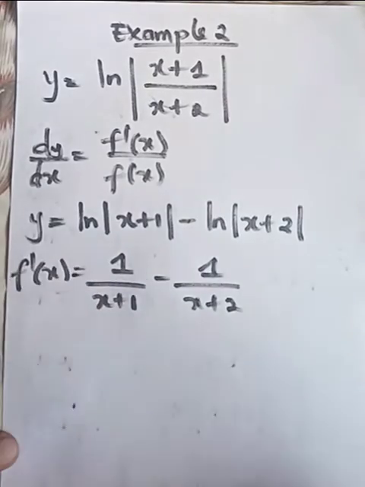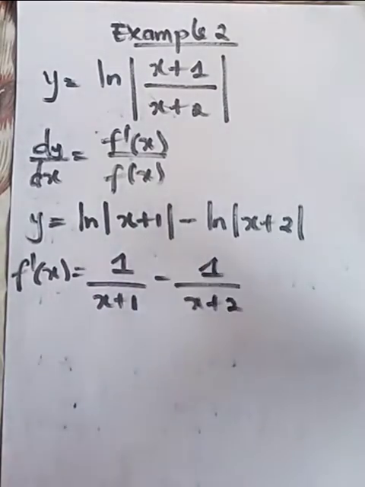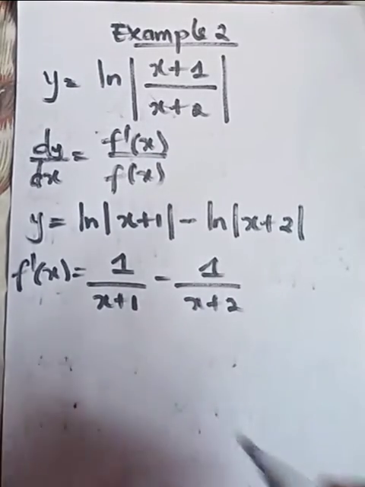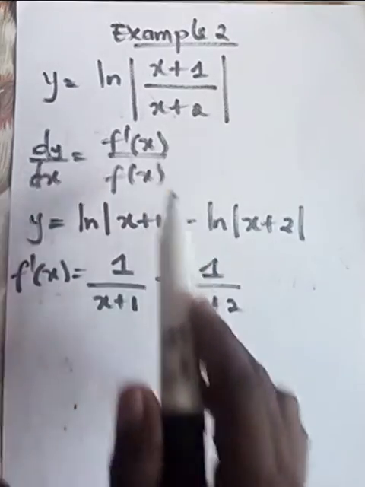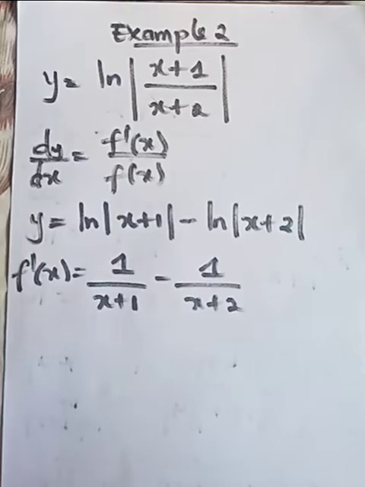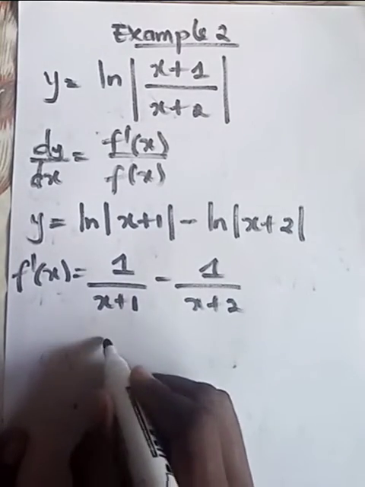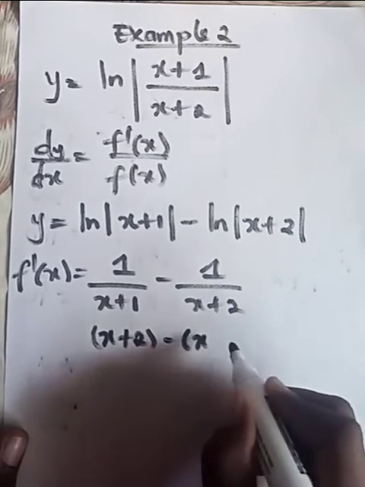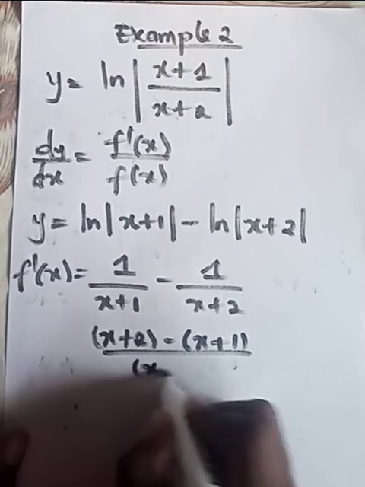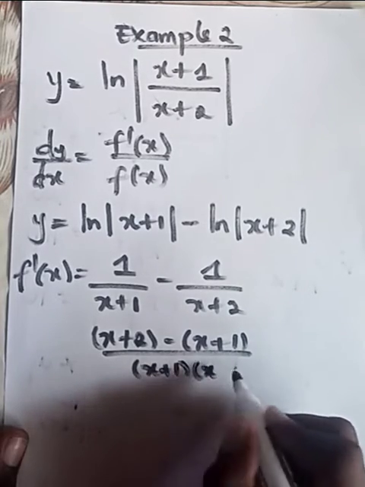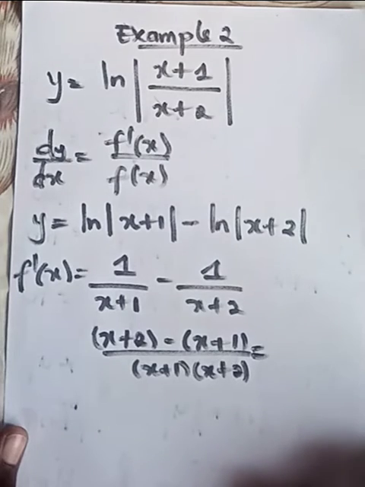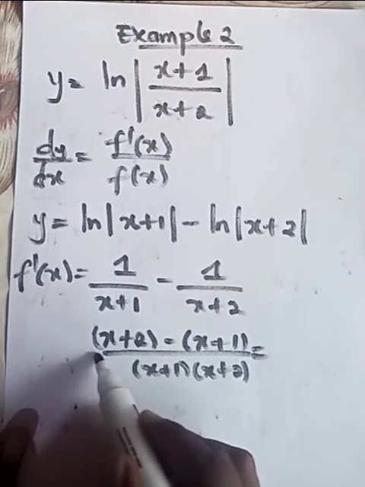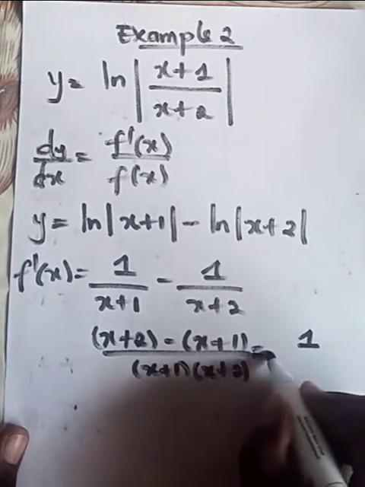We're done. You see, if you try to do the quotient rule, just pause the video and do the quotient rule, you're going to come out with this. It's a new way to solve quickly. And now, what am I going to do? I'm supposed to divide all this by this. But now I have to compress it to make it simpler. That's going to be x plus 2 minus x plus 1, all that on x plus 1 into x plus 2, which is going to simply give me, if I open up here, what am I going to have? This one cancelling with this one. I'm going to have a 1, all that on